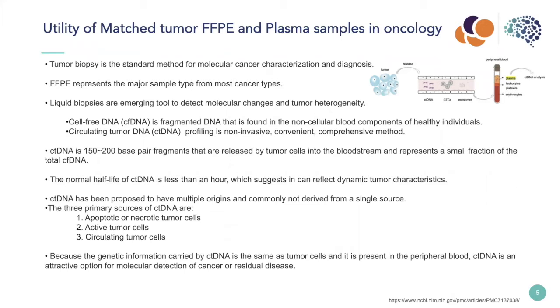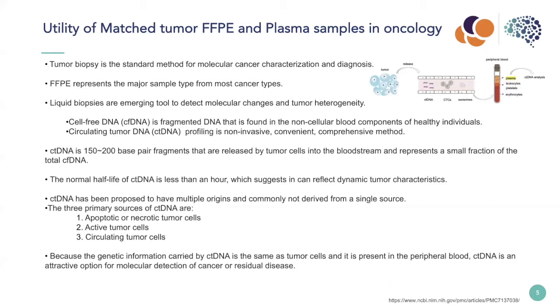But essentially, cell-free DNA is fragmented DNA that is found in all non-cellular blood components of healthy individuals. And then in the presence of cancer, a fraction of that cell-free DNA can be detected that has been shed from tumor materials, commonly referred to as circulating tumor DNA or ctDNA. So stated a little differently, all circulating tumor DNA is cell-free DNA, but not all cell-free DNA is circulating tumor DNA. The advantage of these detection methods is that the profiling is non-invasive, convenient, and as the technologies move forward, may be quite comprehensive,